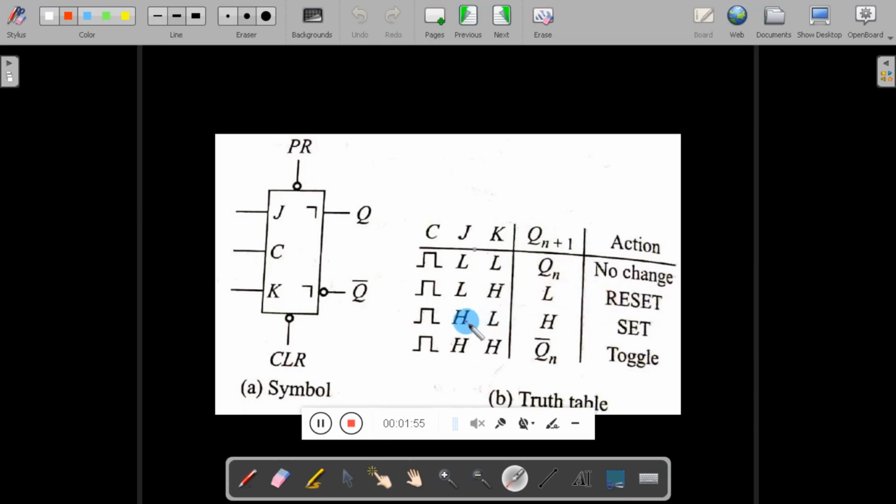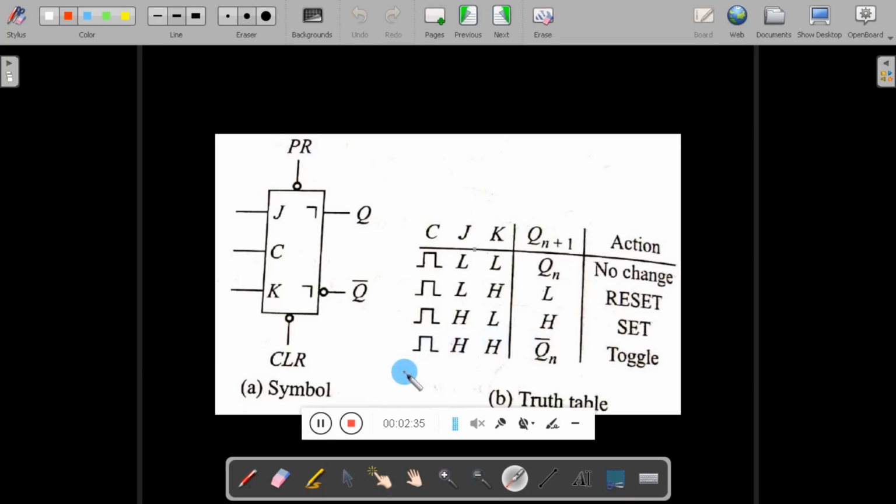When the inputs are high and low, that is 1, 0, output is high and it is called set, or the flip-flop is said to be set. When both are 1, then output is the toggle of the previous state. We know JK has an advantage over RS. In RS, when both are 1, output is an illegal or forbidden state, but in case of JK, output is a toggle of the previous state. And one more thing, why are we using two flip-flops like JK master and slave in combination? That is to avoid the race around condition.